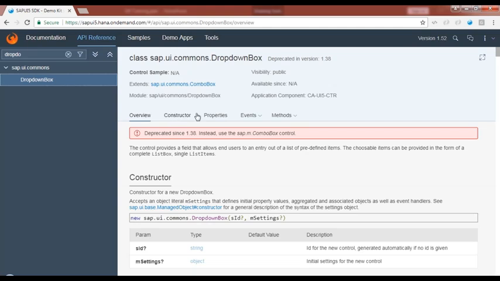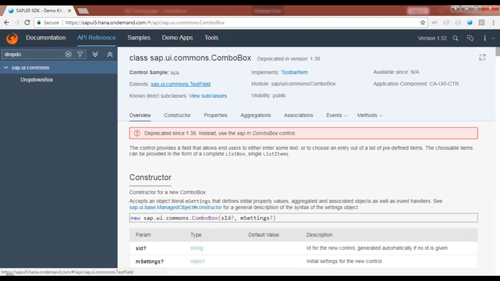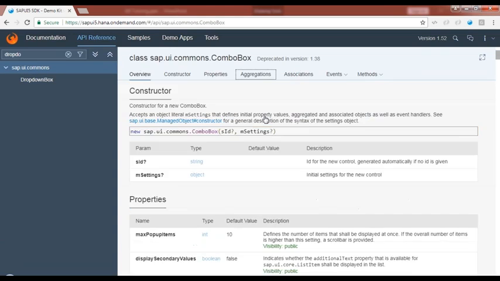And now I don't find any aggregation here. What do I do? Go to the parent class, the super class. Yes, just go to the parent class combo box, and now you see aggregation, and you see